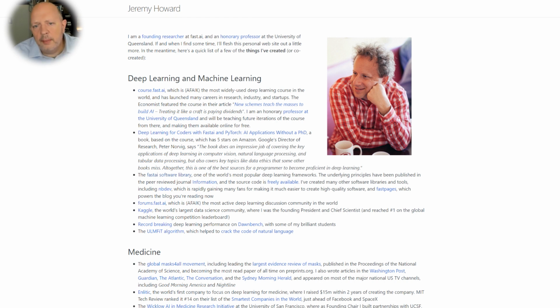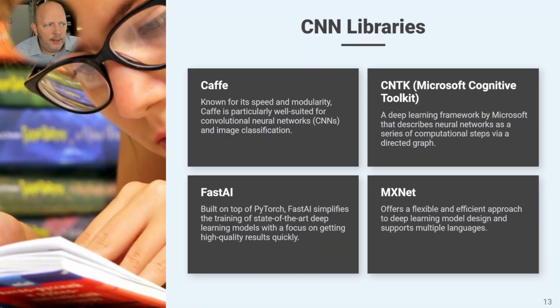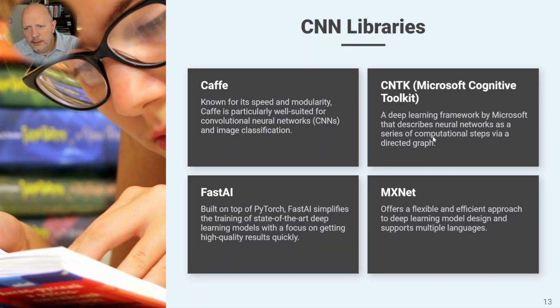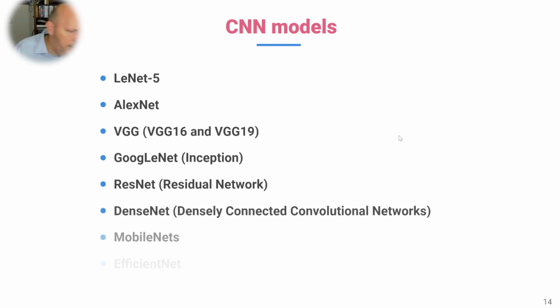And again, it's just another library. I've used Fast AI. I don't use it necessarily in production, but to learn, I've used Fast AI. So that's a really good one. Microsoft's toolkit. So now, before we leave here, one last thing you have to kind of understand is models or networks.